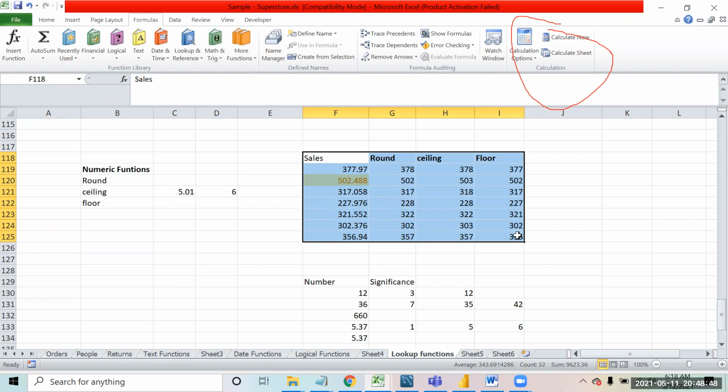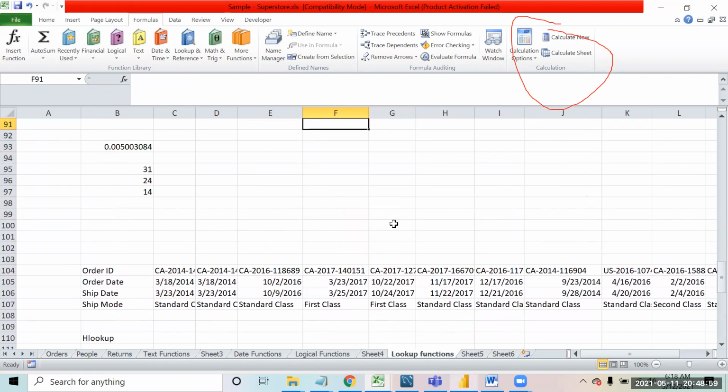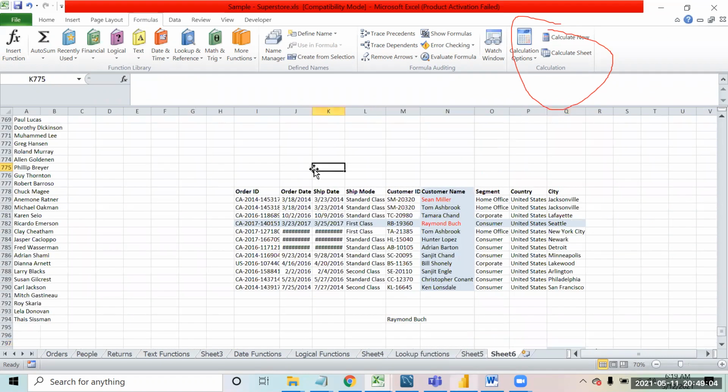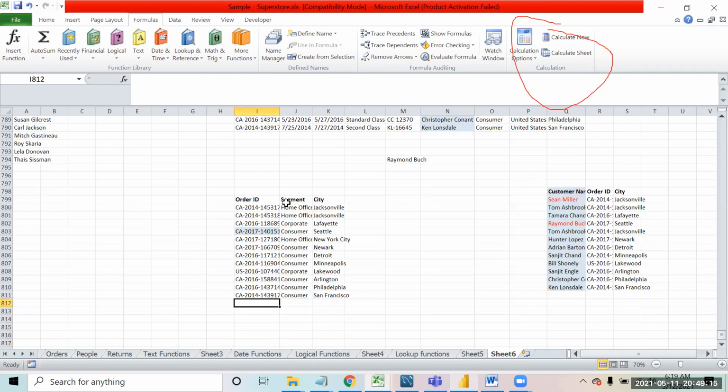Now, I would like to tell you a use case. When you are applying a VLOOKUP on a very large data set, like when we were applying the lookup functions, index, match, and all, if you apply these functions on a very big data set, your output will not be that prompt.